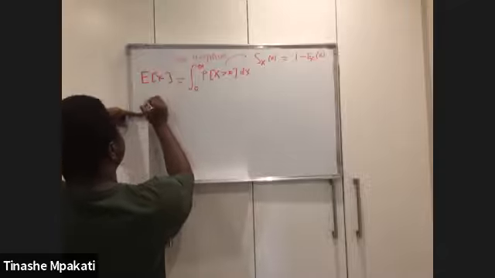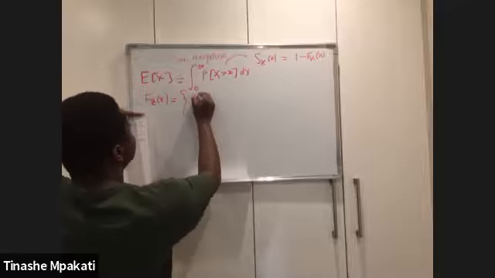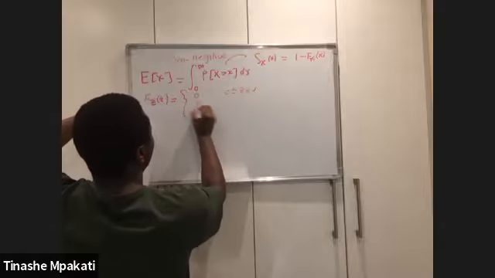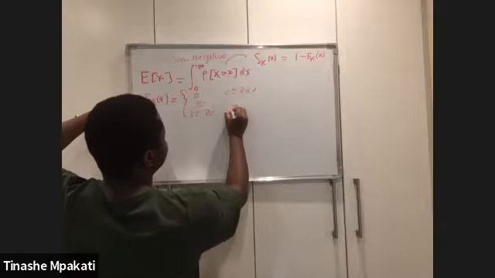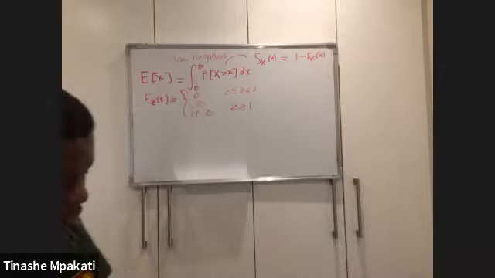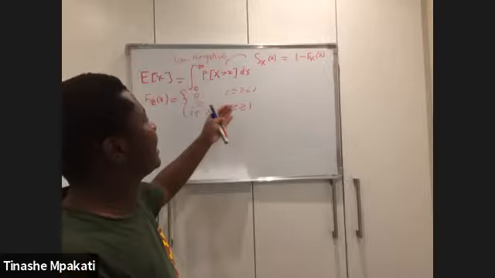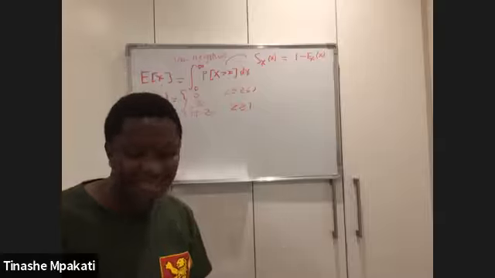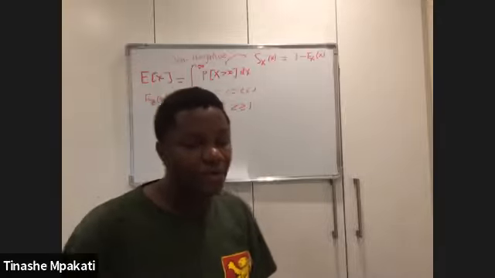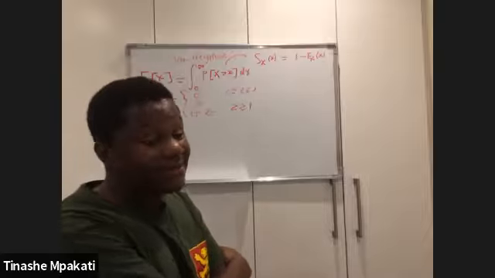If you're given your CDF, suppose your CDF of z is equal to 0 where z is between 0 and 1, and it's equal to z over 1 plus z when z is greater than 1. If you're asked to find the expectation of z in this case, you can definitely apply your Darth Vader method, because z is starting from 0 and going upwards, so it's non-negative. You obviously can use other methods, but I'm saying in a case where you feel more comfortable applying the Darth Vader method, because you also need to look at what's faster.